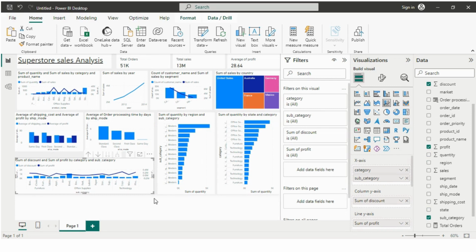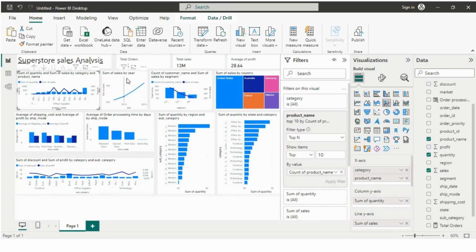So these are all the visuals that we have in our dashboard. Now I'm moving toward the customization tab. I'm just going into the view tab, but